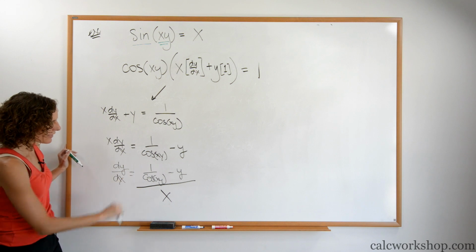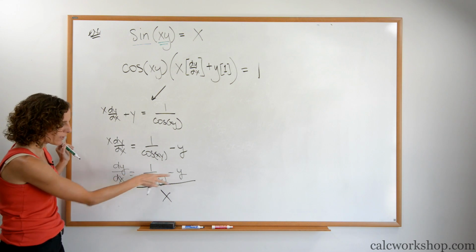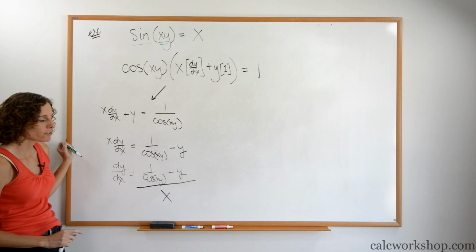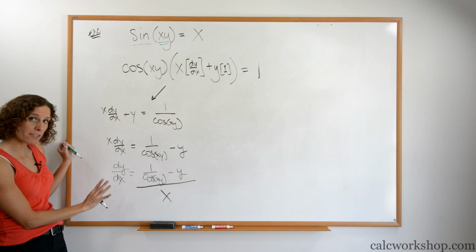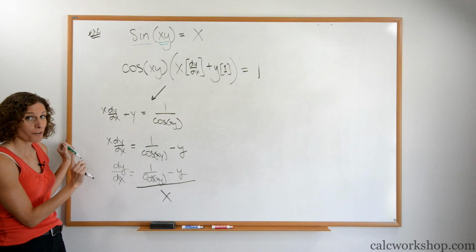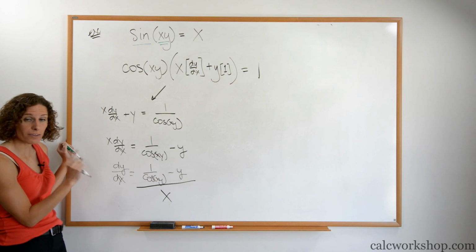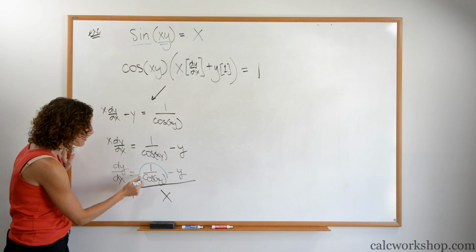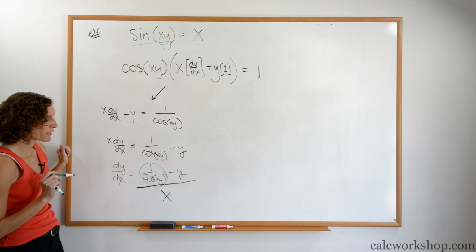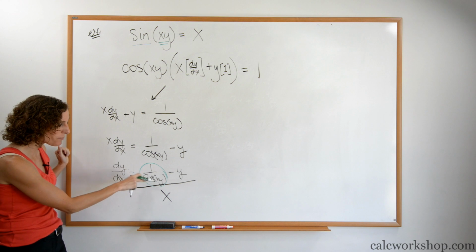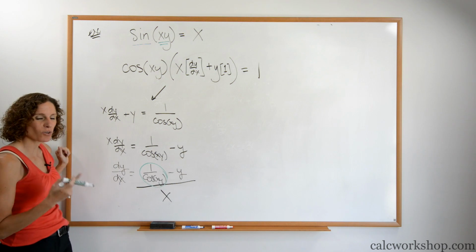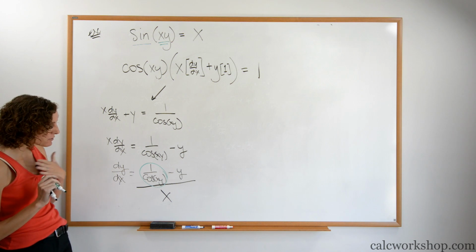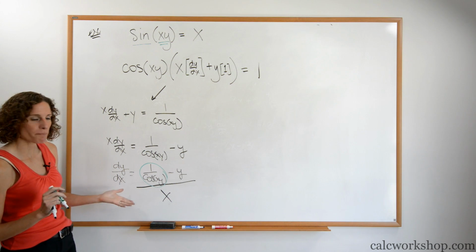Now, that looks kind of gross. We've got crazy complex fractions going on. I'm not so sure I like this so much. So this is a perfect answer. However, I know that you're probably going to have to switch one thing to make it more simplified. What I want us to focus on is right here: 1 over cosine xy. He's the one piece of this whole answer that doesn't look like he fits correctly. He's causing us a little bit of heart palpitations. We don't know exactly what to do with him.